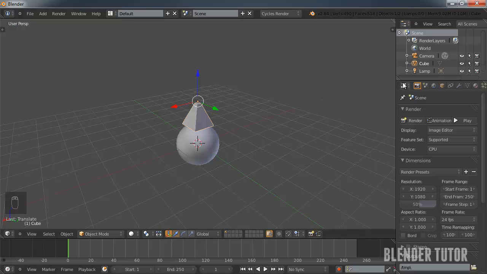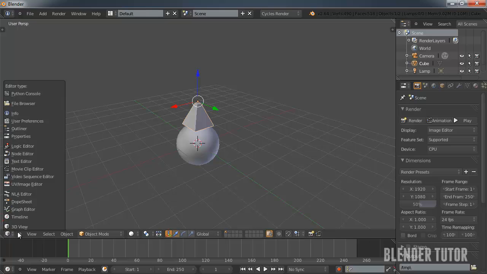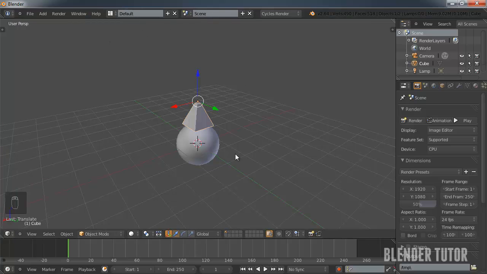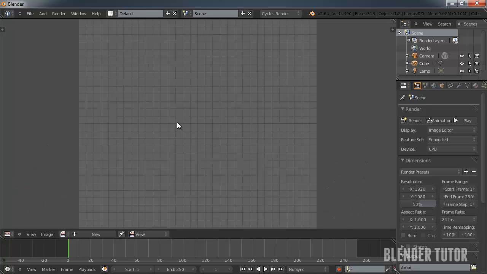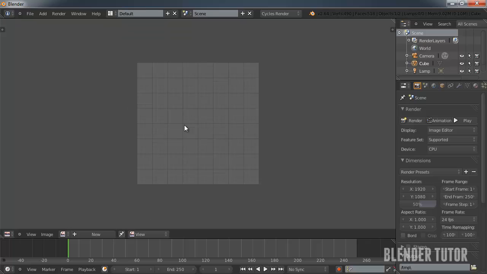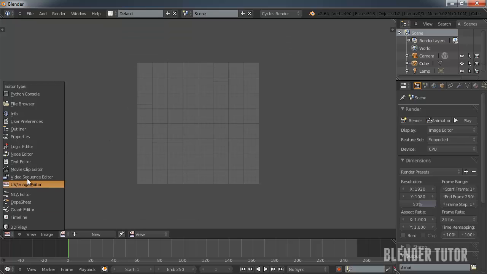So we see all these different views, and they all have a little box in the little menu line here that you could actually open, and you could switch it to any view. So even though this is the default 3D view, if I wanted to, I could switch this over to the UV image editor, which you'll use for texturing, or even just reference photos that you could pull up.